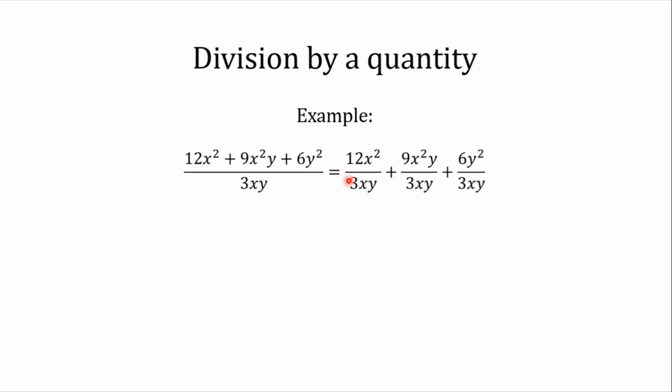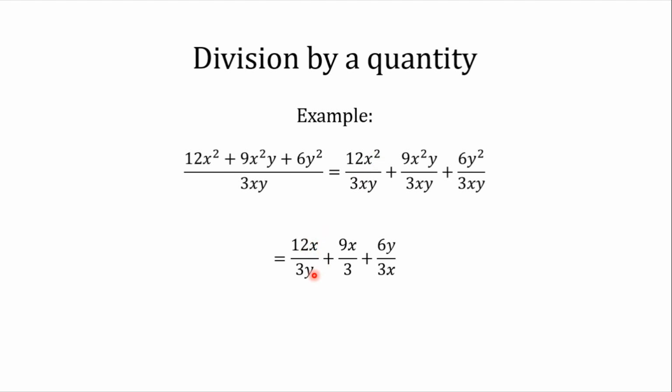So it's 12x squared over 3xy plus 9x squared y over 3xy plus 6y squared over 3xy. And if you remember, when we divide, assuming that they have the same symbols, then we can subtract the exponents of the numerator and the denominator. So in this case, 2 minus 1, that's just 1 on the numerator, that's x, so 12x